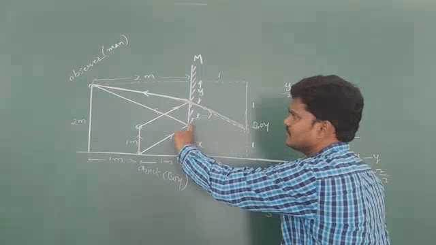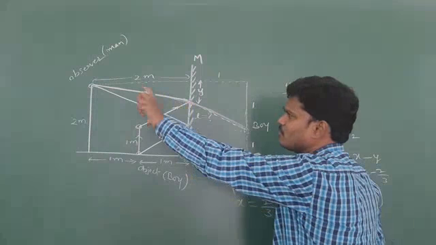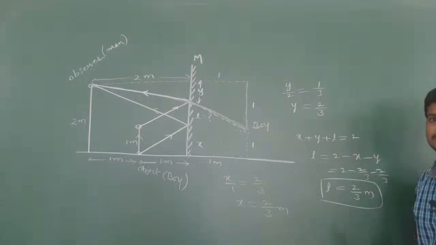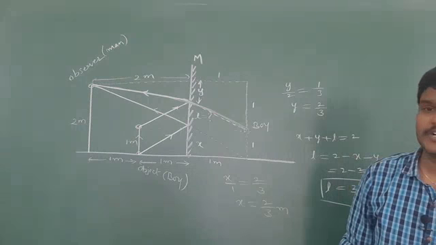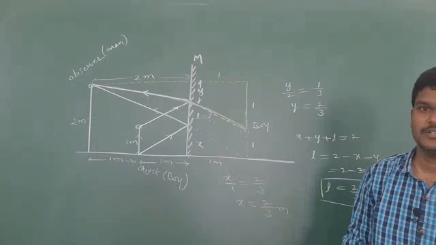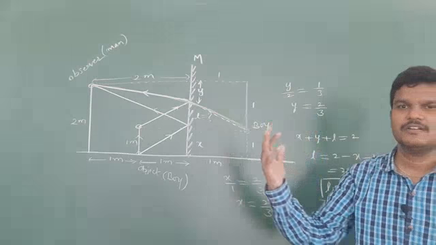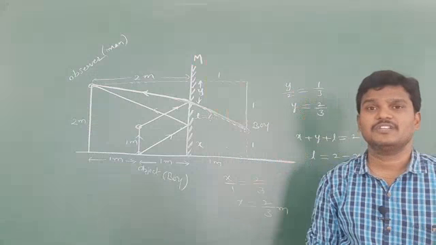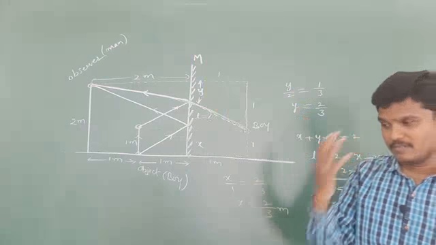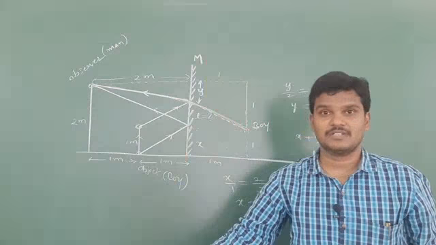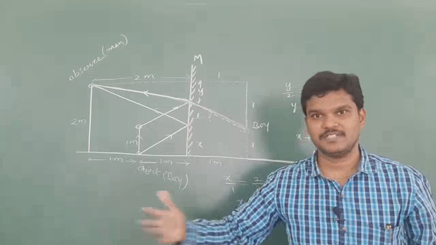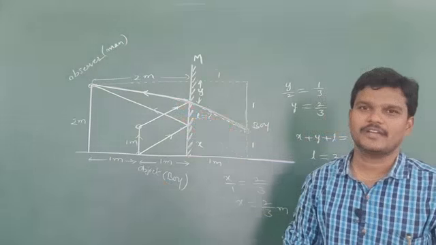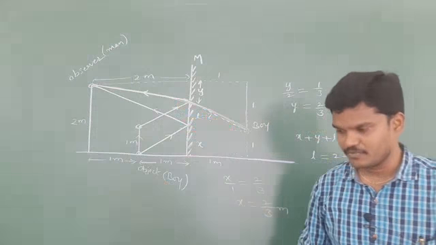And the length of the mirror required by him is how much? The length of the mirror required by him is 2/3. So these types of questions are also there in different books. You try to solve it. Okay, a person stands in front of a mirror. The mirror is at some height. Whether the person is able to see the clear image or not, whether the person is able to see the floor or not, and if we see the floor, at what distance. So these types of questions. Every question is possible by drawing some ray diagram. So practice these types of questions.